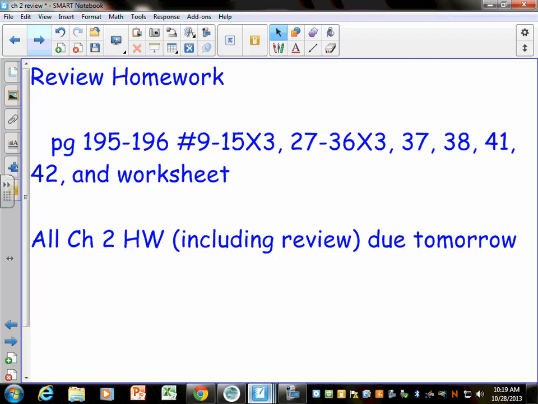Make sure you get your questions answered. Definitely the odd ones, check in the back of the book. On this worksheet, if you want to just try it and then let me look at it and make sure that you have the right answer, then we can make sure that we're doing that correctly. Okay, so I'm going to pass this out, and then I don't mind if you work with someone a little bit, but make sure that you're working and using your time wisely, because remember that all of your homework